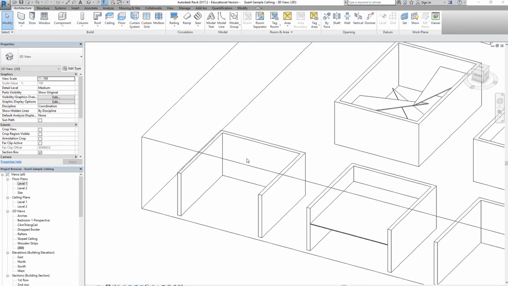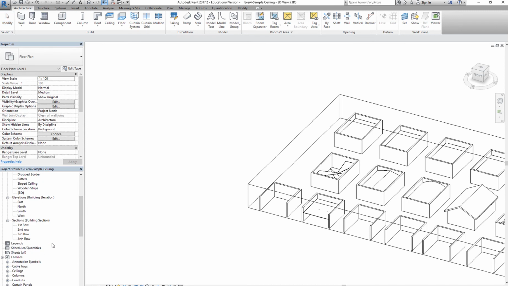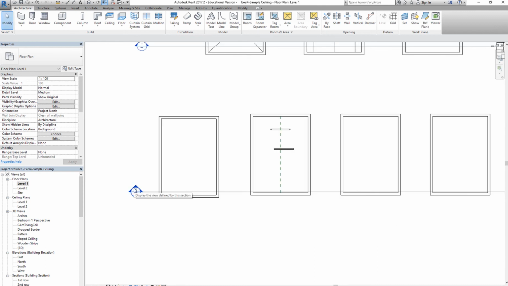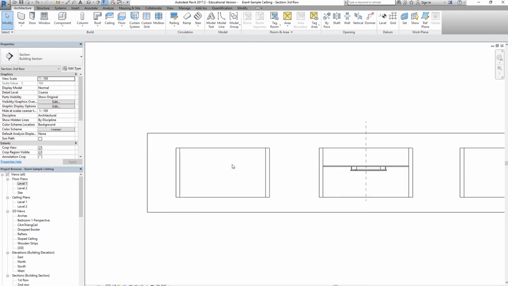Okay, so you can also create an extruded ceiling similar to how we learned it doing roofs. So you want to go to the section view in this case. Where's my section view? Let me go to this level, and I'm going to do it here. So I'll click that section head or bubble, and